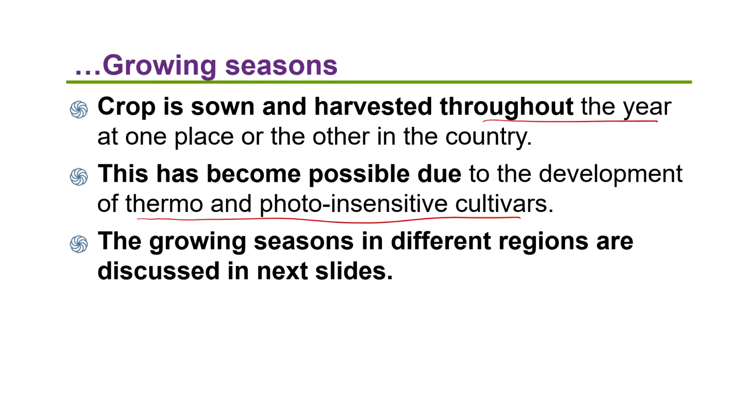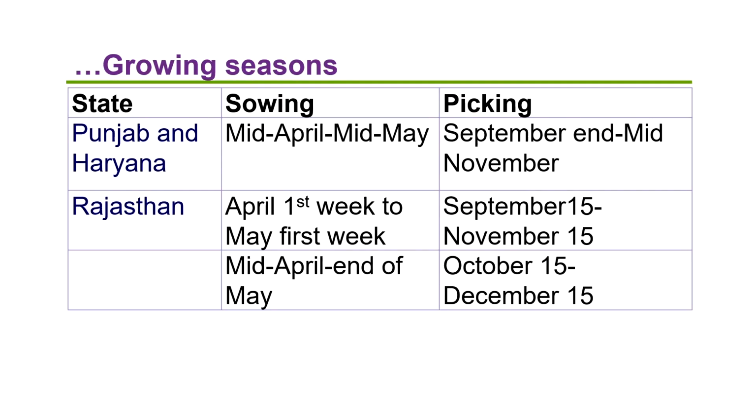So those kind of varieties are tolerable to the temperature as well as photo period. The growing seasons in different regions are discussed in next slides. So now you can see what are important growing seasons in different parts of the country. Punjab and Haryana, it is grown during mid-April to mid-May is the sowing time, and September end to mid-November is